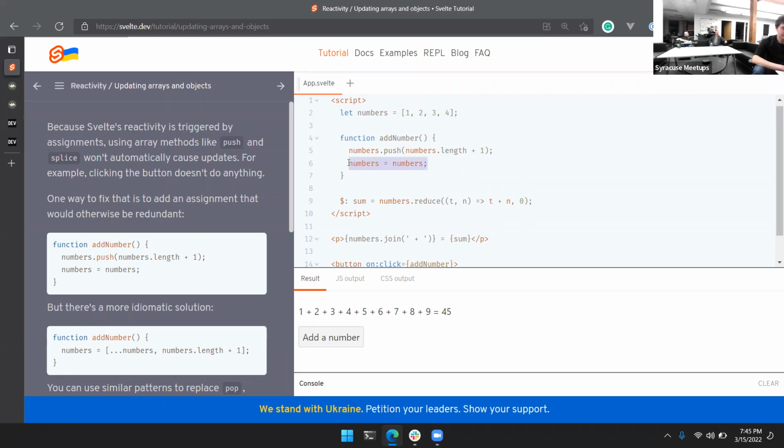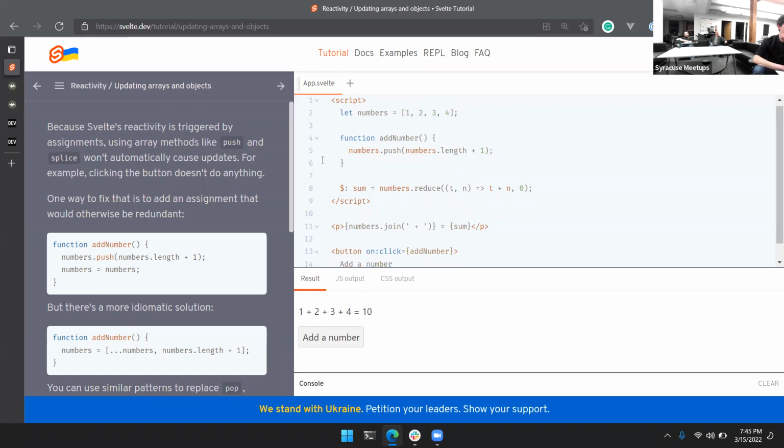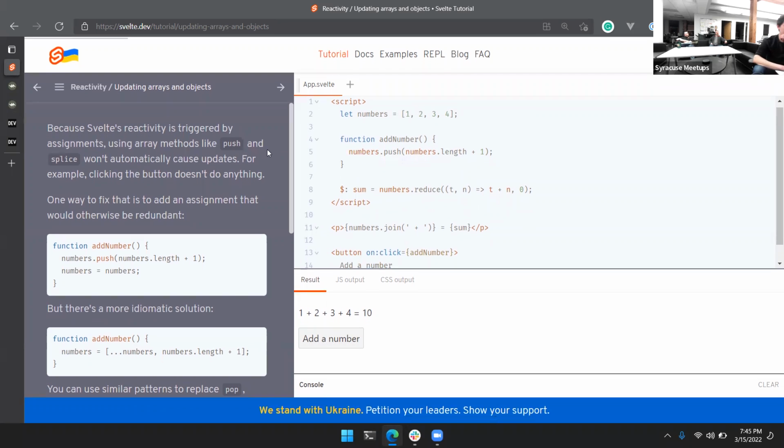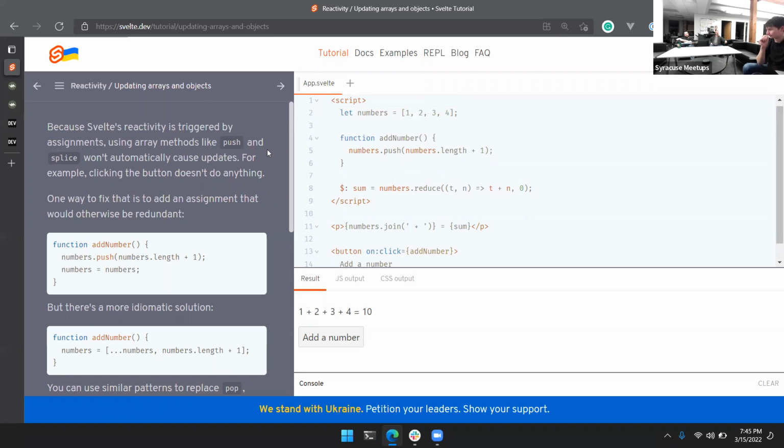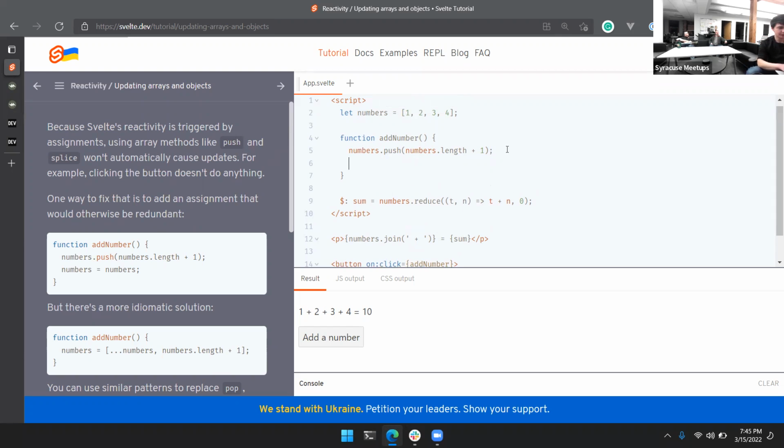That's a little confusing. It is. So what they're saying here is that the only time Svelte reacts to things is when it sees an equal sign, when it sees that the thing I'm supposed to track is reassigned to a new value. And mutating it using a push doesn't reassign it. So